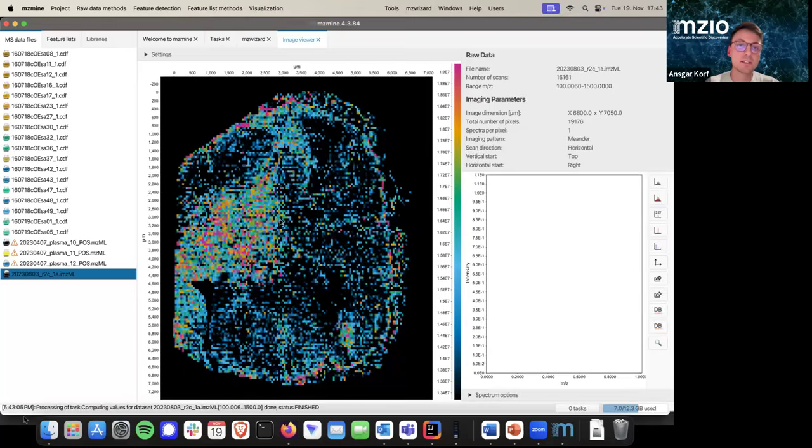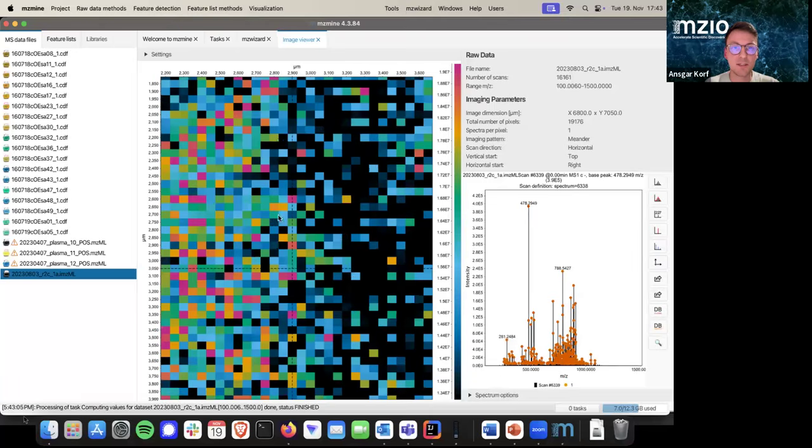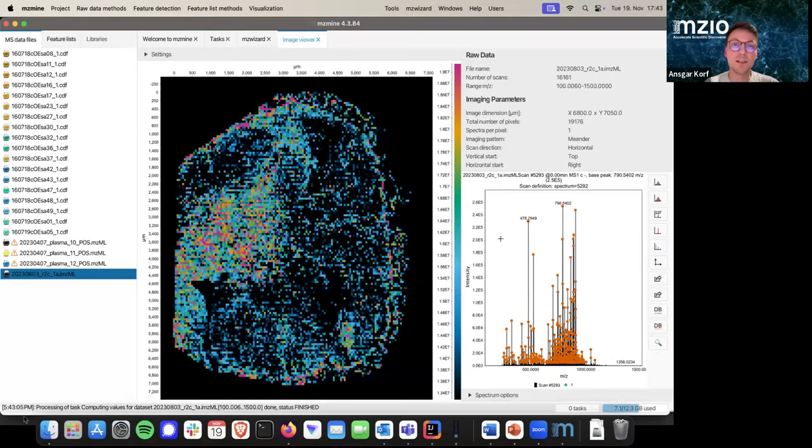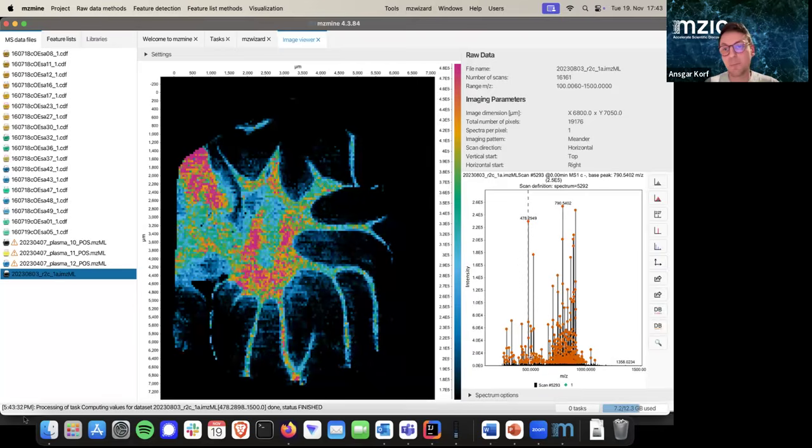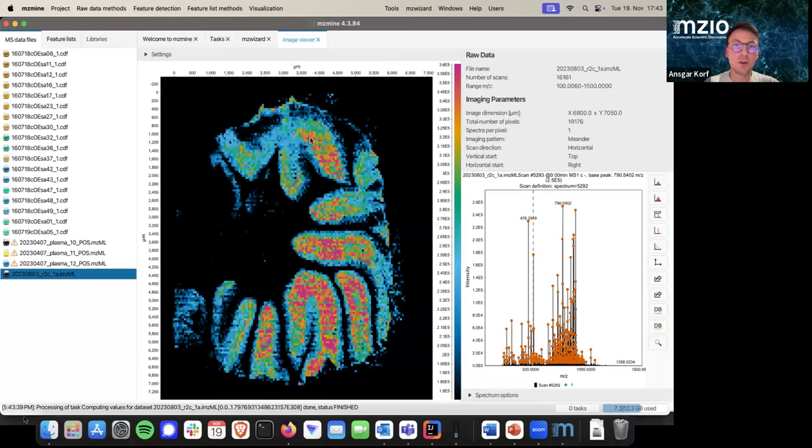And now I have access to each single pixel. So if I click on one pixel, I get the spectrum from that specific location. And now in this image, I can select one signal, and then I get an extracted ion image. So if you don't like, for example, the paint scale, or you want to add more contrast, you can also